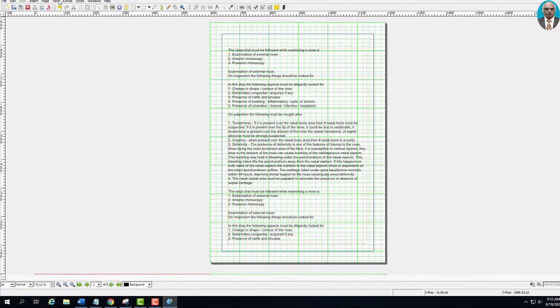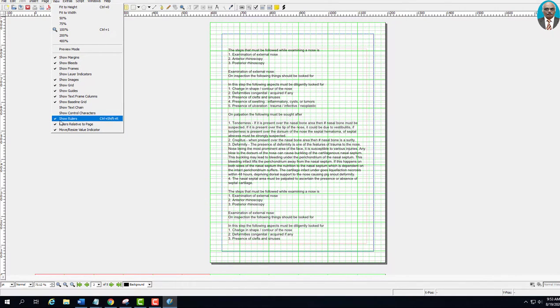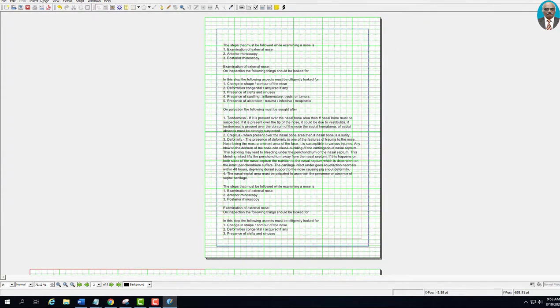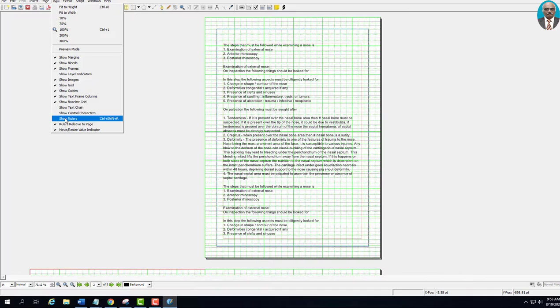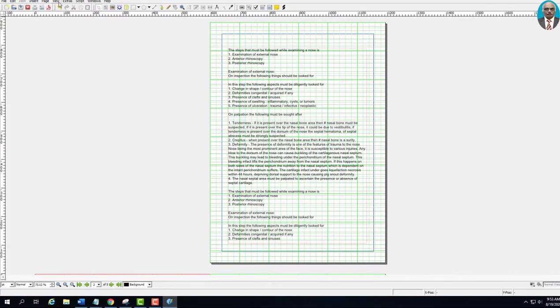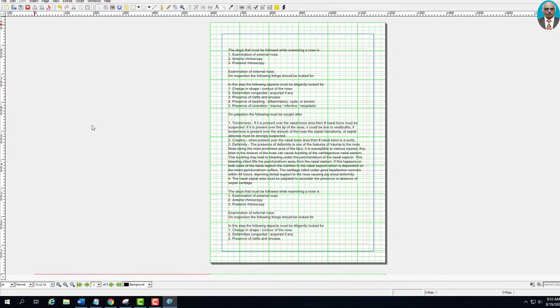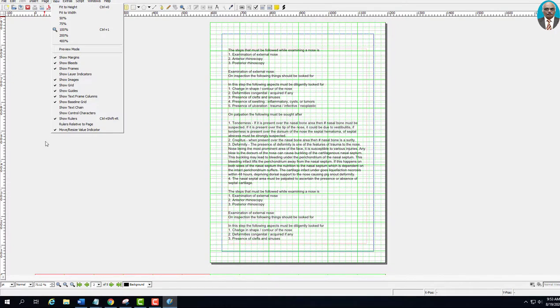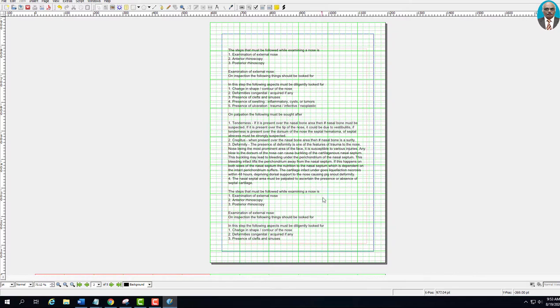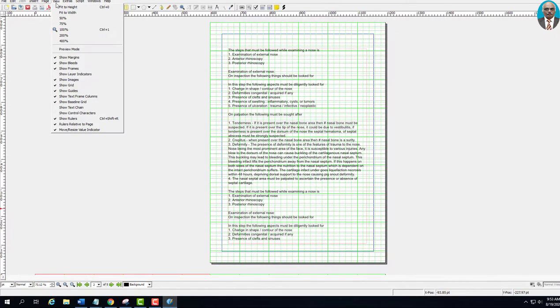Now rulers. So now show rulers. I am disabling show rulers, so you don't see the rulers anymore. Now I am going to enable rulers. Now we are seeing the rulers. Then view rulers relative to page. So I am going to disable this. Now let us see if we enable. So now we have enabled. Since the rulers are all within the confines of the page, it doesn't show much difference.